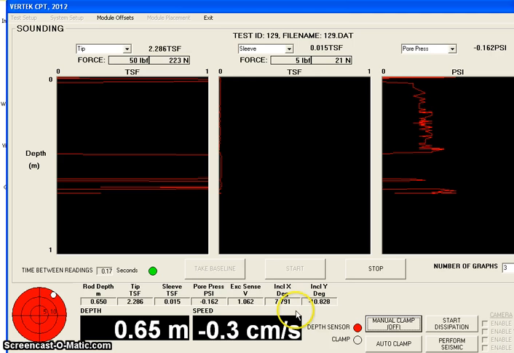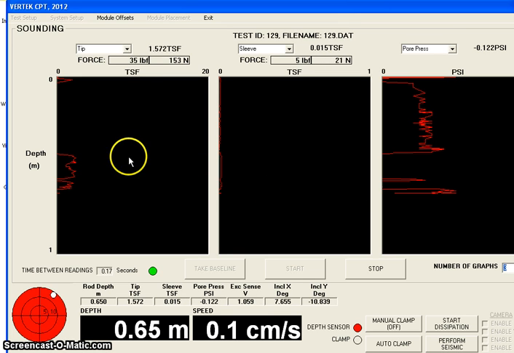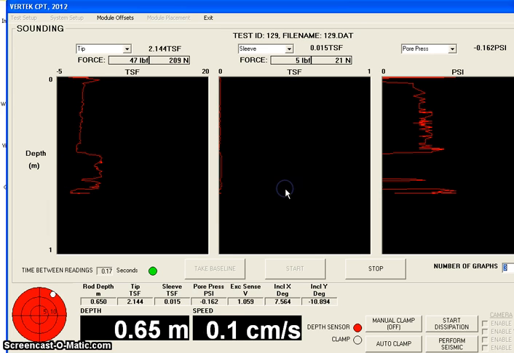And we're going to change our display here so that the tip goes from 0 to 20. We'll say OK. Look at that. Maybe we want to go minus 1 to 20. There. Now we can see what's going on. We actually have a little bit of a minus going because of the calibration. This is a lab cone that is really a little bit out of whack, so we'll just use this for